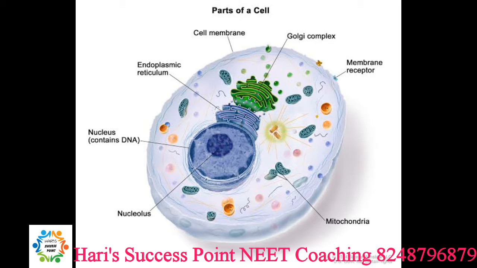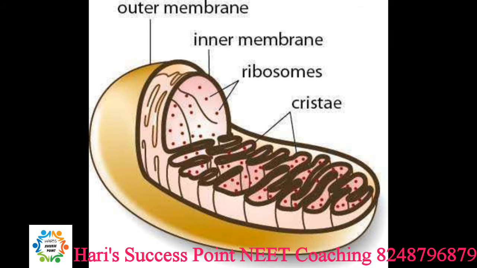Another important cell organelle is the mitochondrion. Mitochondria were first observed by Kolliker in 1880, and Richard Altmann called them bioplasts, thinking that mitochondria were prokaryotic cells living symbiotically in a eukaryotic cell. So he proposed another theory called the symbiotic theory. Later, in 1897, Benda used the term mitochondria to denote the organelle. Mitochondria are self-duplicating cell organelles. It is a double membrane bound structure with outer and inner membrane.